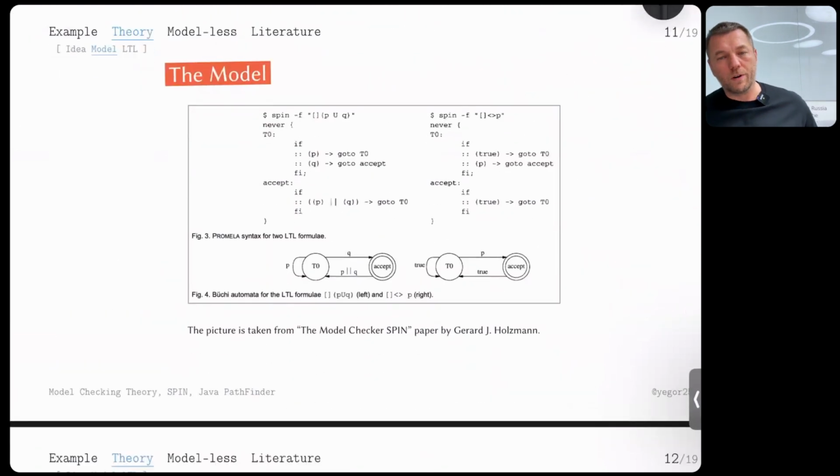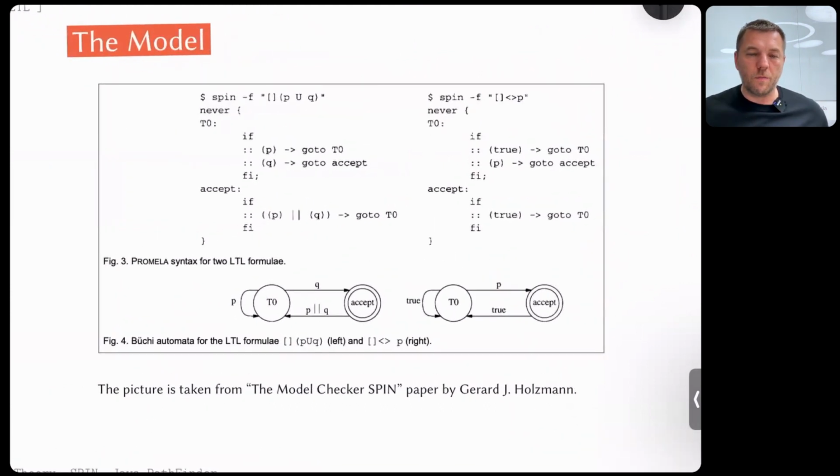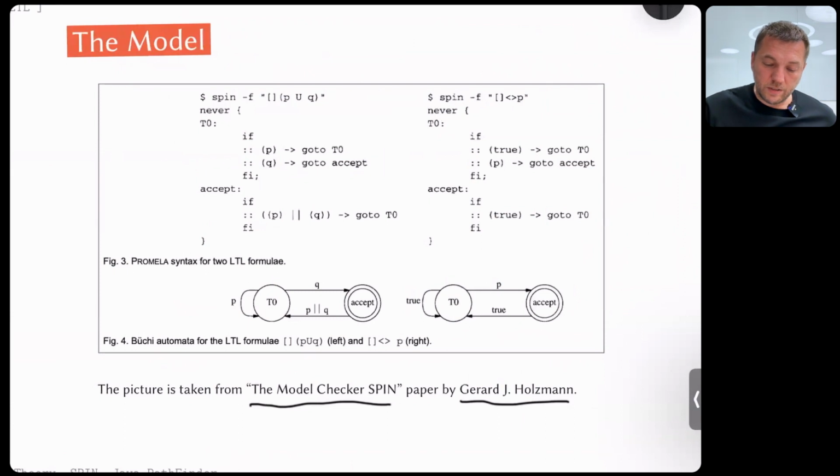This is more complex stuff than I can explain in one lecture. So I took this picture from a really good paper. You should read it. It's not really big. It's called Model Checker Spin. It's a paper from the author of this tool. I just made a screenshot from the paper. Don't get into this. It doesn't really matter right now what is said there, but just look at the syntax. So this is the model which, using the same language, Promela, explains